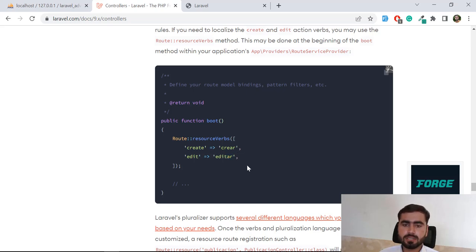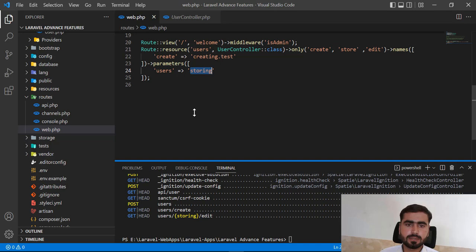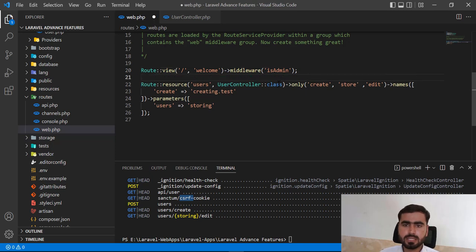Now let me go to the project, and here I'm going to implement this in a real project. By the way, if you are not familiar with the resource route, how you can change allow resource, partial resource, how you can change the names of the resource route, how you can change their parameters and stuff like that,